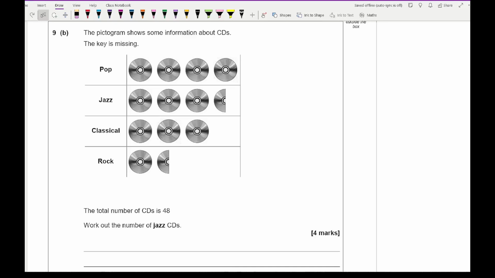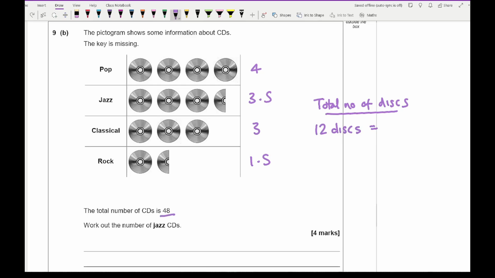Now moving on to 9b, it says the pictogram shows some information about CDs. The key is missing, and it says the total number of CDs is 48. Work out the number of jazz CDs. First, we find the total number of discs we can see. If we add them up, it's 4 plus 3.5 plus 3 plus 1.5, and using our calculators we get a total of 12. So 12 discs